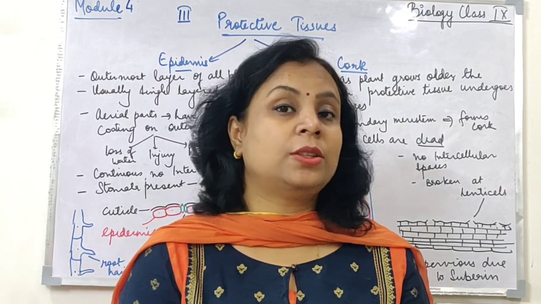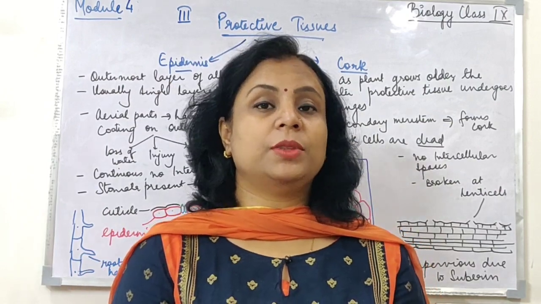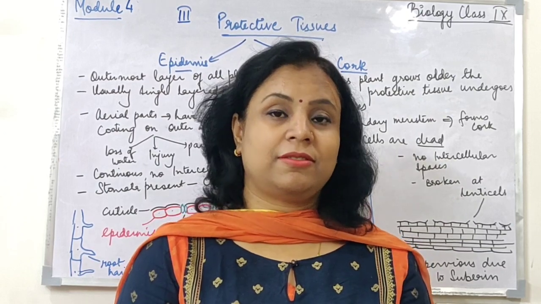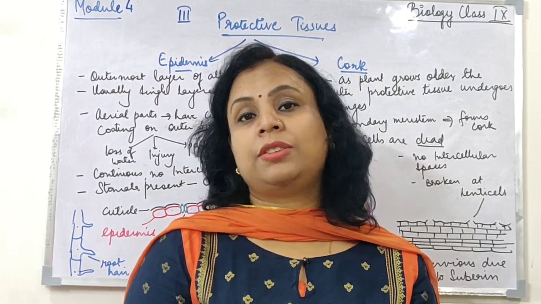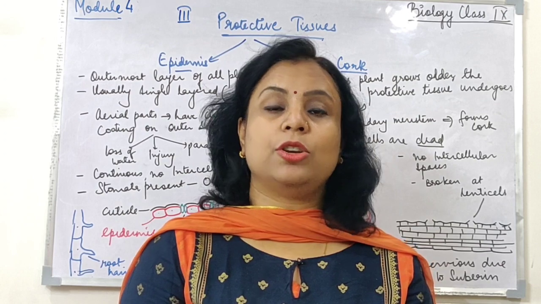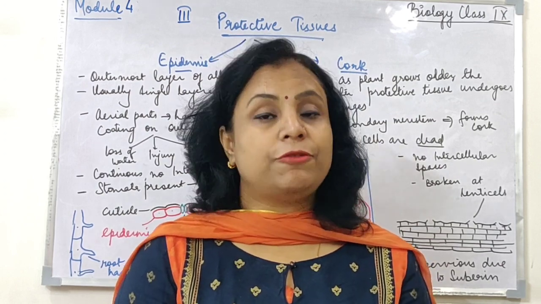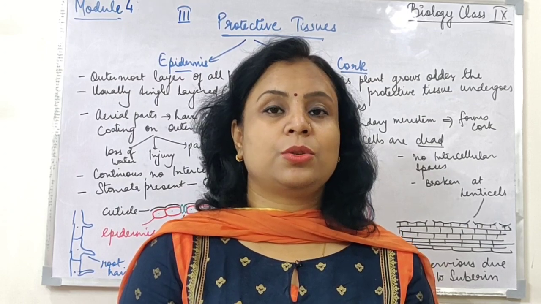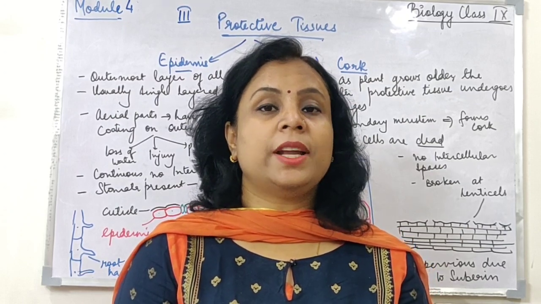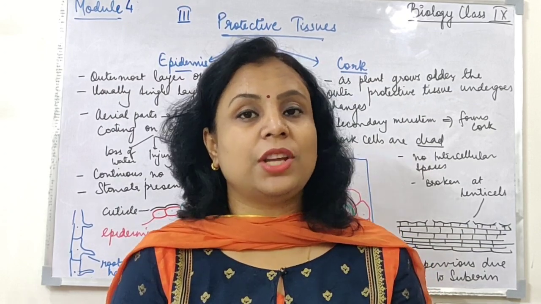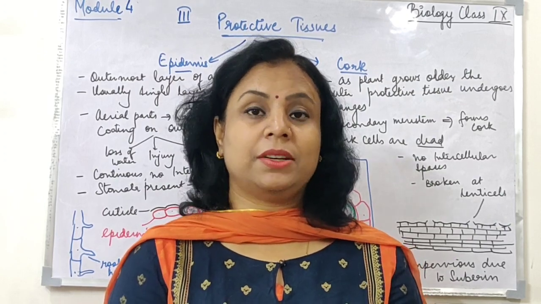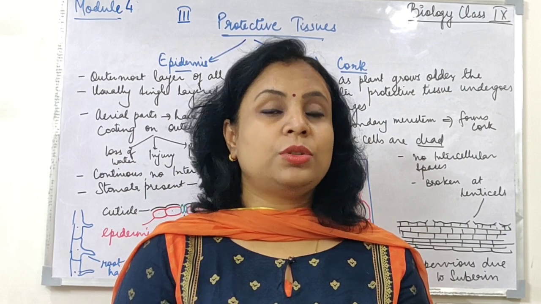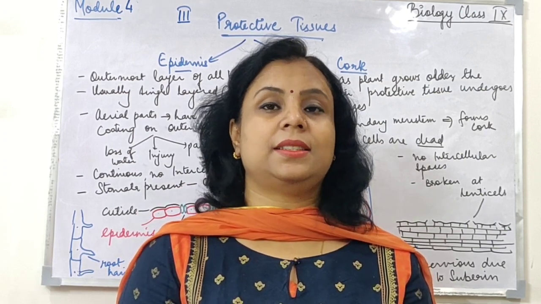Now children, what do you get from the term protection? To save, to protect. You know children that the plants cannot move around. They are stationary, fixed to one place. So they cannot move around and protect themselves from the weather changes, from the heat, from the rain, from low temperature. So that is the reason there is a system.